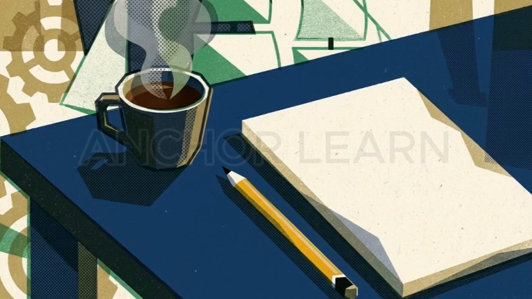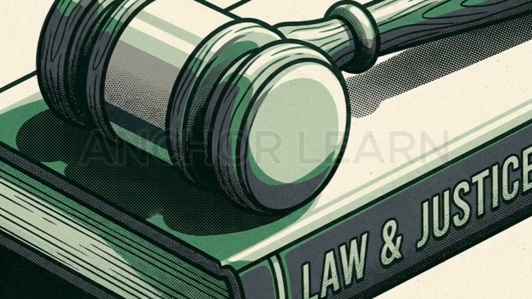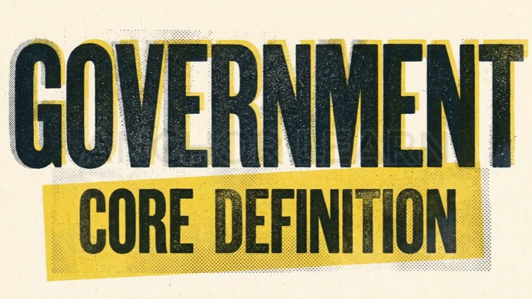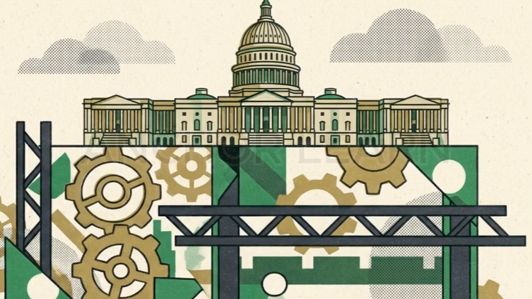We are treating this study session with the same level of precision required in a courtroom. Section 1.0 of the official syllabus outlines the 3 requirements for this unit. Define government as an institution, state its characteristics, and explain its functions. The board specifically expects you to define government as an active institution. It is the formal machinery set up to run the state, rather than an abstract philosophy.